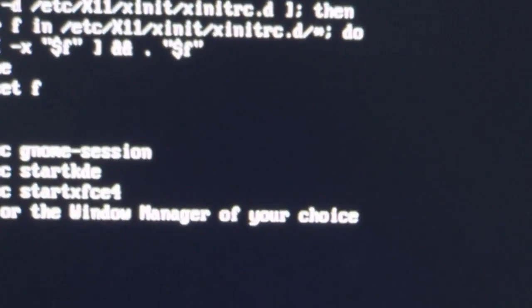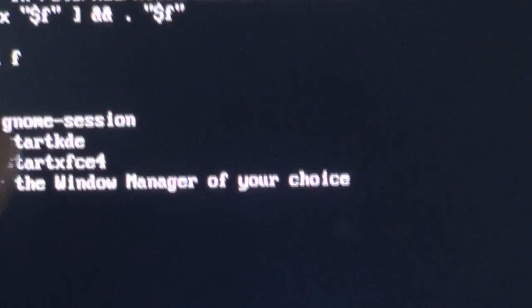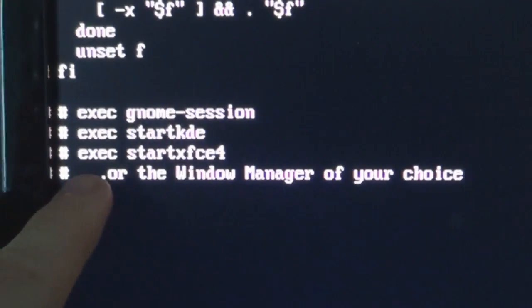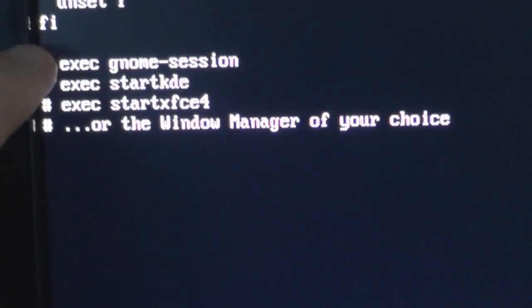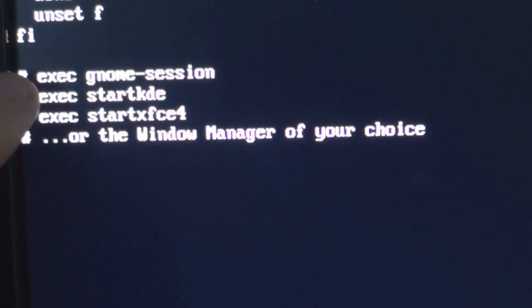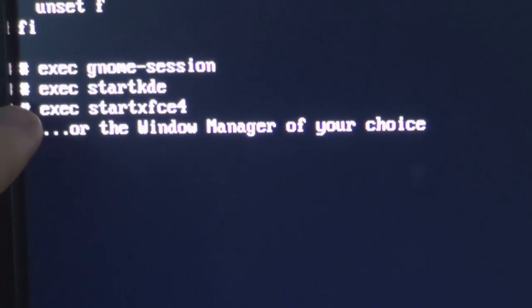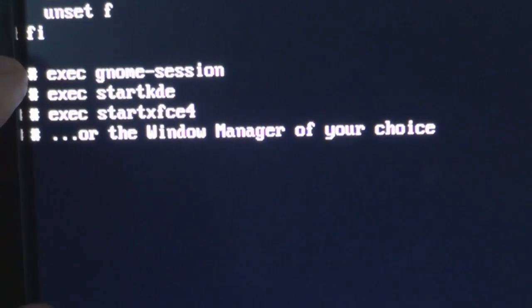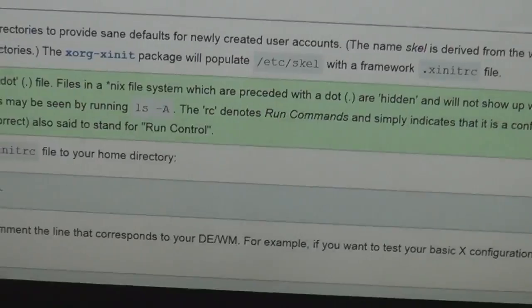Okay, so here is what I see in this code. I've got start KDE4 and start X. Oh, that's because, I'm guessing, those are comments, so it's kind of commented out. So I've got to add the exec and then that thing I need. So let's put it in here. So let's see, what's the code I need to put in? So to start this off, I need to put in